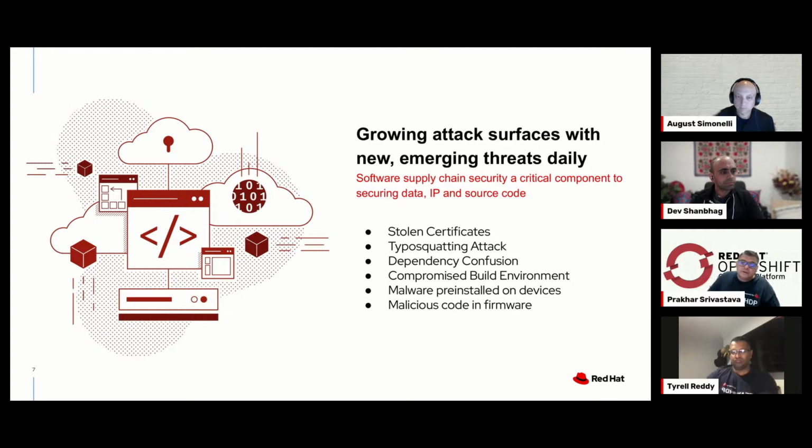Compromised build environments. Like I was saying, when you are using your build environments like a base image, and instead of using it coming from a trusted source like UBI image from Red Hat, you're using it from some other third party registries. You're downloading a base image and you don't know what that image has. Pre-installed malware. So risk before we begin our development. Before we start writing our first line of code, you already have malware installed in your base images, and or any malicious firmware code. So these are subtle but deeply harmful attacks. That's something which we need to take care of, and where our software supply chain security comes in to rescue.